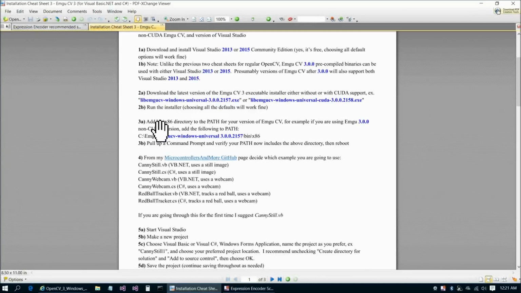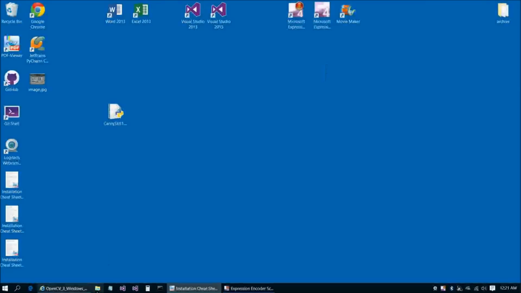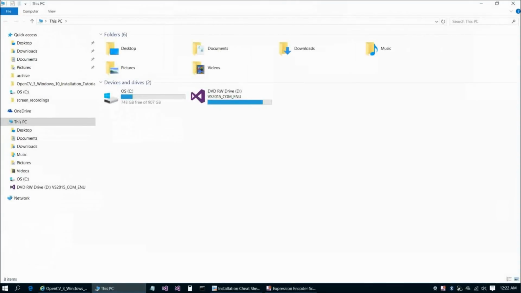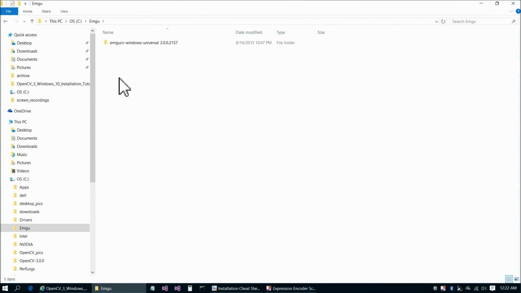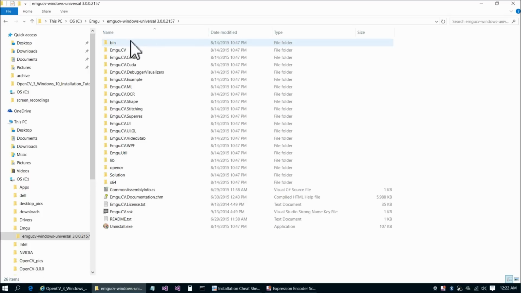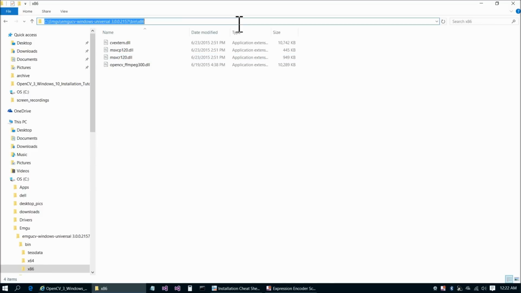So step 3A, add the bin x86 directory to the path for your version of Emgu CV. So I'll swing this over to the other screen here. We can minimize that. Bring up a file browser. Okay, so we're going to go to C, Emgu, Windows Universal, and again, yours will say CUDA here if you have the CUDA version, so use whichever is applicable. Bin, and then x86, and then we're going to click up here and Control C,